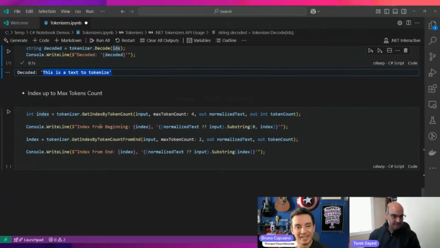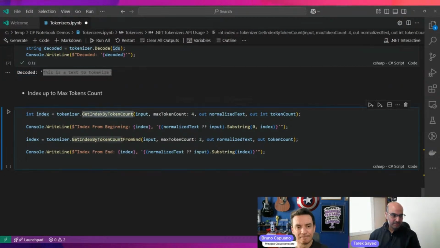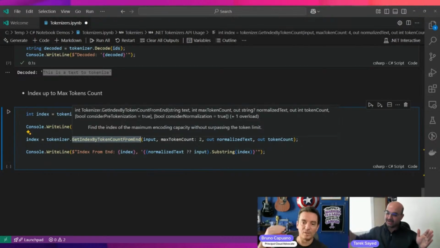So we have 2 APIs here. One is called get index by token count. You give it the maximum token count, and it returns the index inside the text where it matches. And we have a similar one, but this is from the end, if you want to count in the other direction.